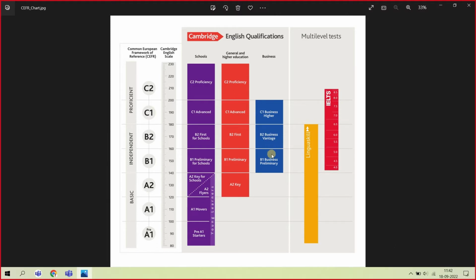But if you're very good at presentation skills, negotiation skills, and convincing your clients, and if you're at a C2 level, that is well and good. But the minimum level they expect from a business owner is around B1, B2, and C1. That's the minimum. C2 is not mandatory. But if there are people at C2, well and good. So even for business, we have language requirements. Now, this is with respect to the English qualification.